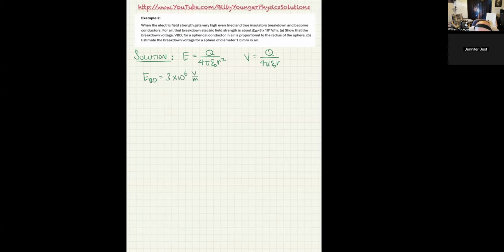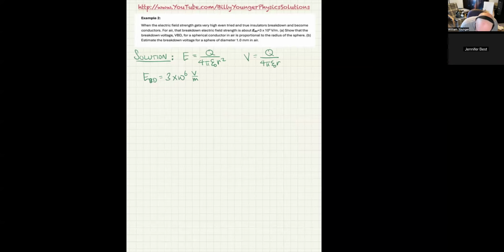And last class, we discovered that all of a sudden we had a new unit for the electric field strength. Instead of newtons per coulomb, we can now use volts per meter. So that's what that is showing. All we have to do really is look at these two expressions, and what you'll see is that if you